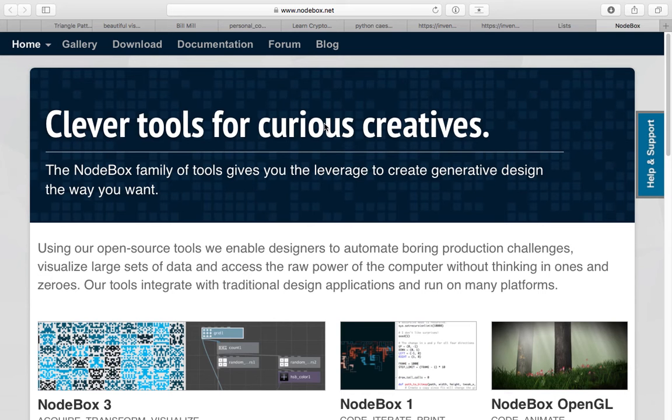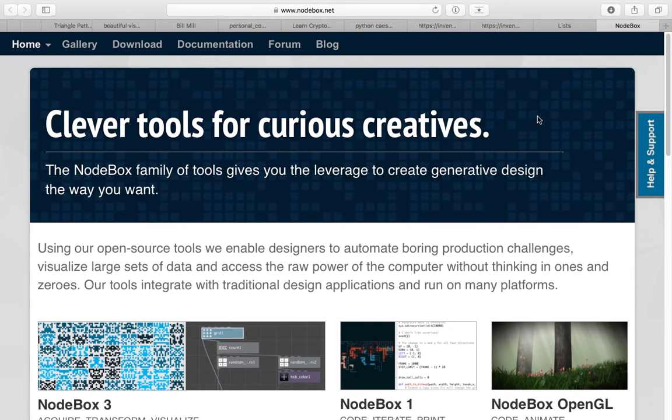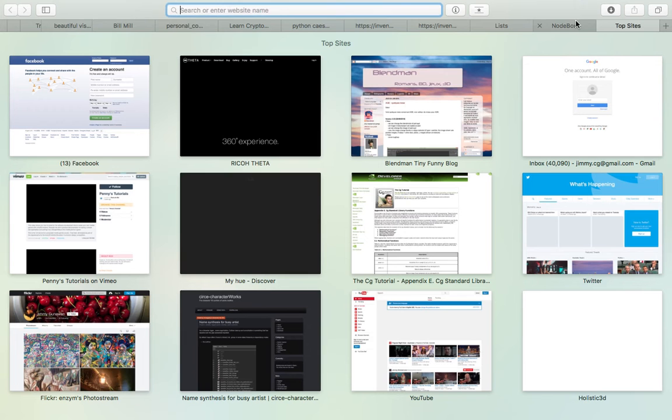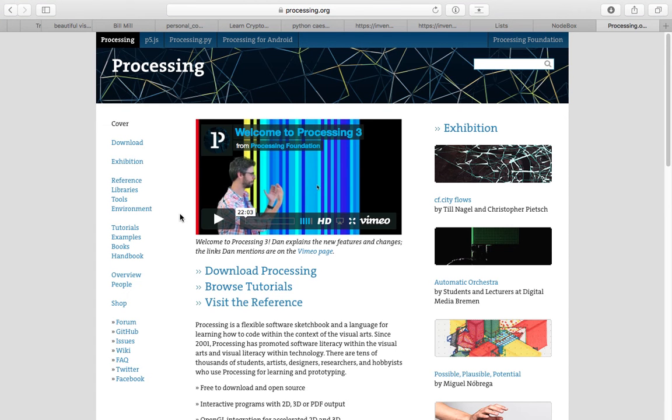Today I'm gonna take a detour, a revisiting of some of the basic concepts. I was recently looking at some of the available tools to create generative artwork. You might already know that there is Processing, and Processing used to use the Java language. Processing is one of the tools that enable you to create